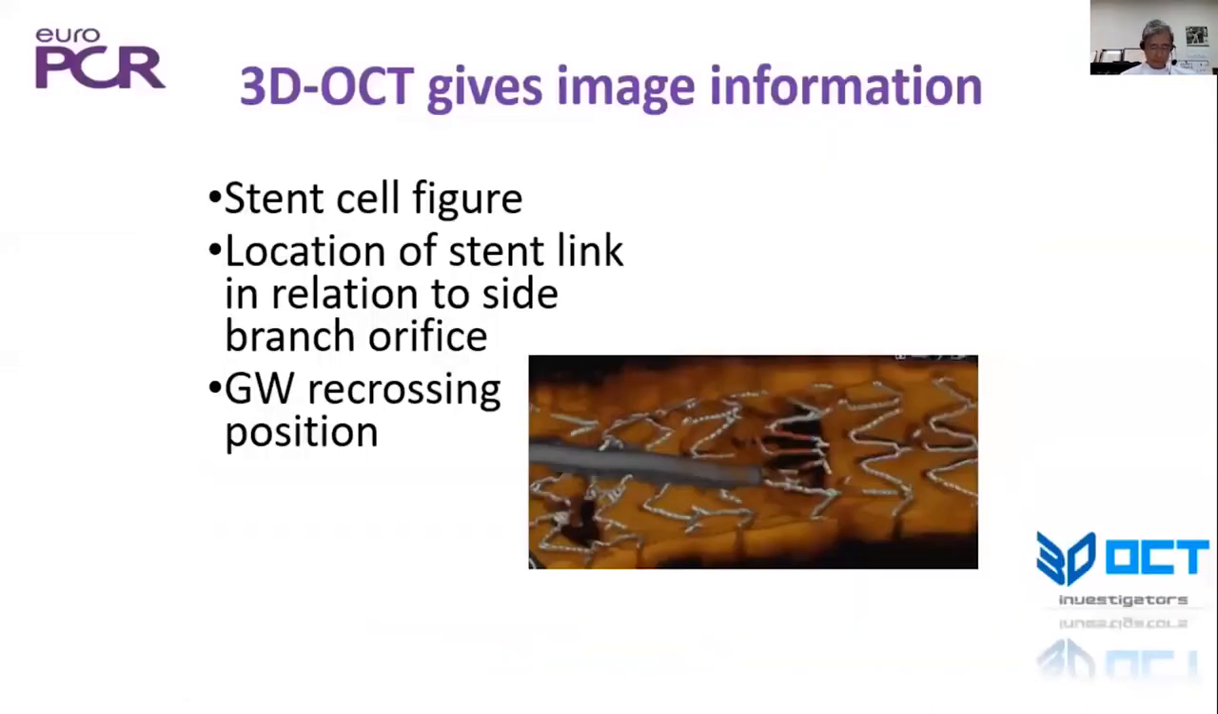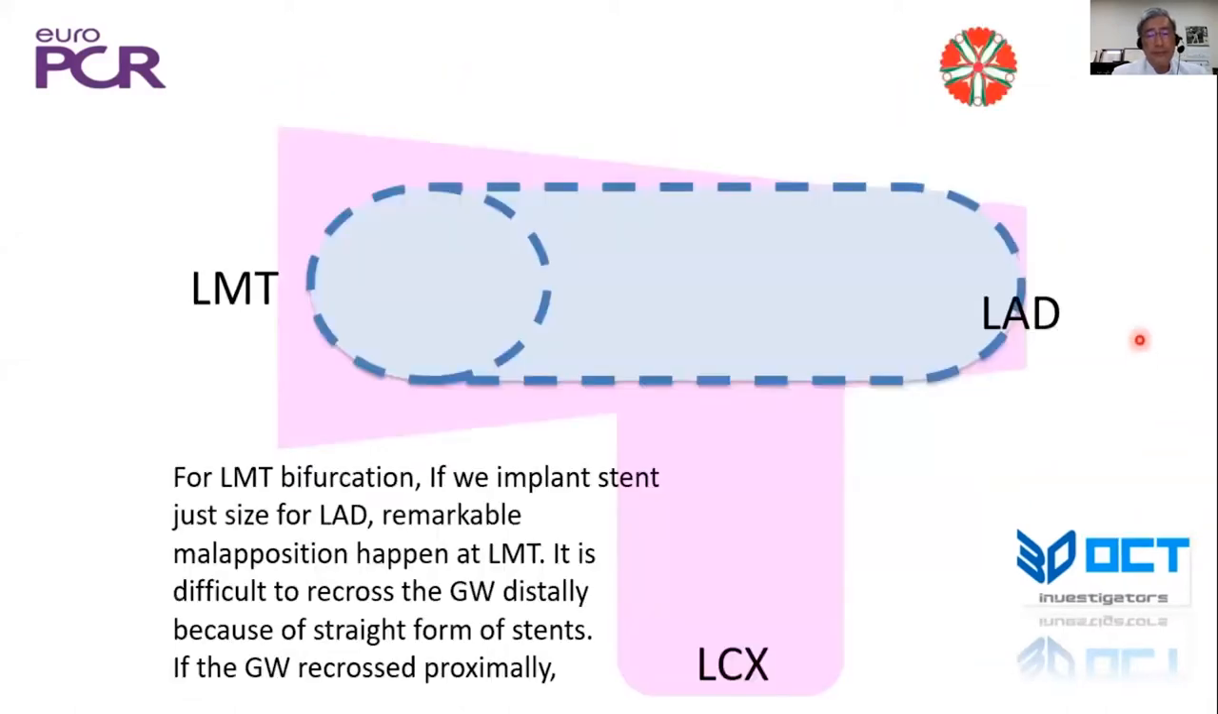Also, 3D OCT gives image information such as stent cell figure, location of stent link in relation to the side branch orifice, and guide wire recrossing position like this. For example, for left main trunk bifurcation, if we implant a stent just as for LAD, remarkable malapposition happens at LMT. It is difficult to recross the guide wire distally because of the straight form of the stent. If the guide wire recrosses proximally,